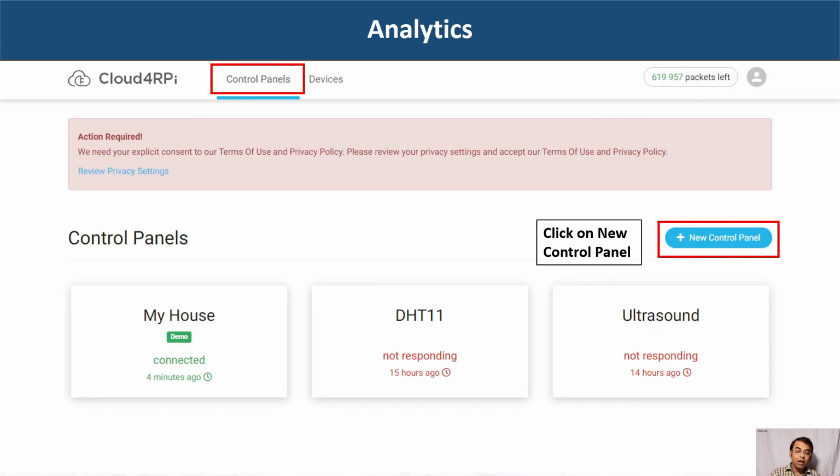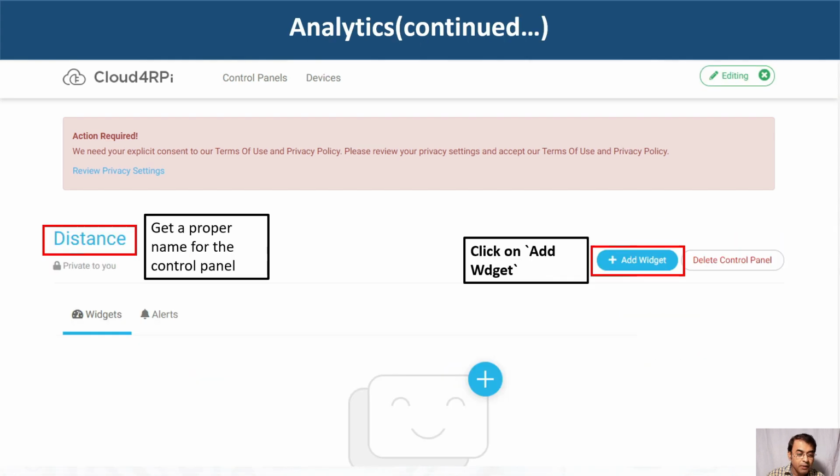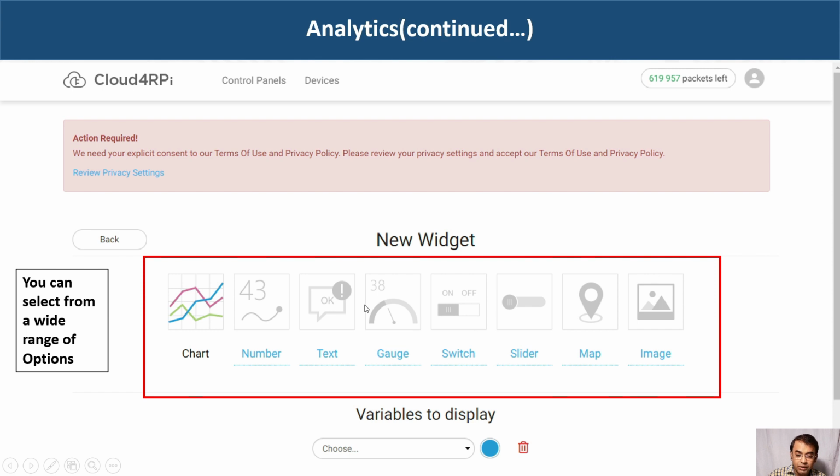Now I will show you how you can do the analytics in Cloud4Rpi. Click on control panel, then click on add new control panel, then give a name, let's say distance, and click on add widget. As soon as you click on add widget, you will receive this interface, and you select your widget,